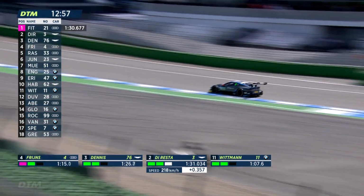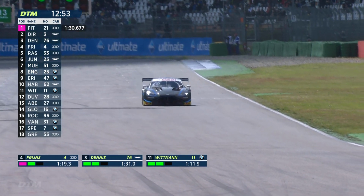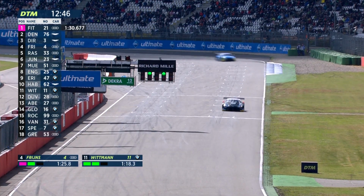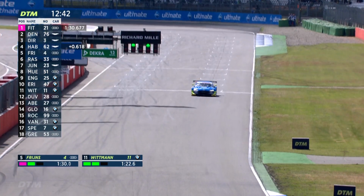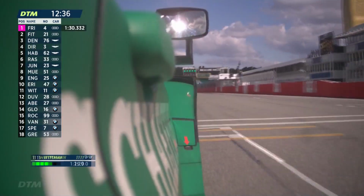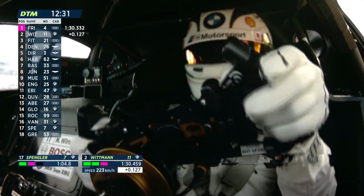So his cumulative time ticking away then as he heads towards the timing beam. Now this is Jake Dennis then, who goes second fastest with a 1:31.031. 1:31.031 for Jake Dennis. Here comes Robin Freins. His middle sector was not where he would want it to be, but the final sector was, and he gives us a 1:30.332,